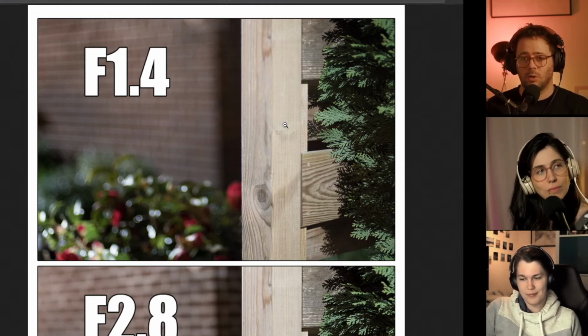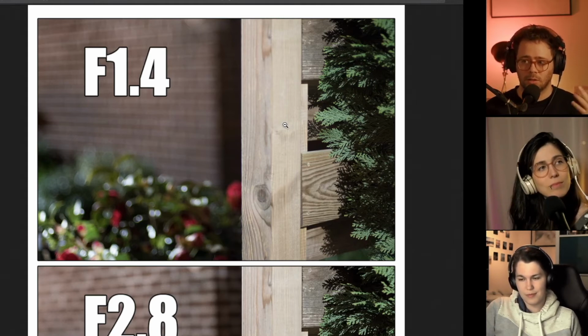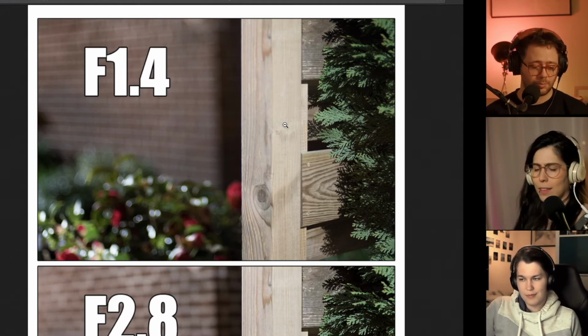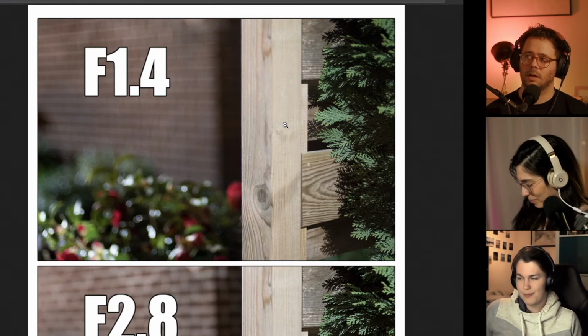So, you could potentially do a zoom like that at f4, but then it will be even bigger and heavier and more expensive. Yeah. I hope that answers the question. Yeah, I think probably. I did think of something. I think that's what I want to talk about, the difference between those two.